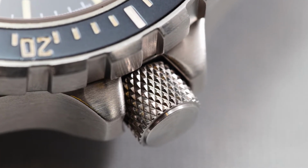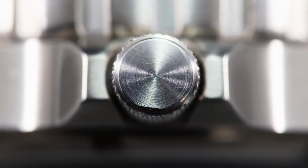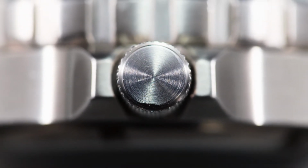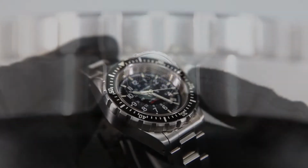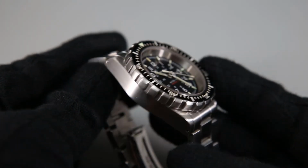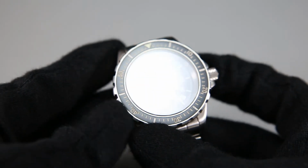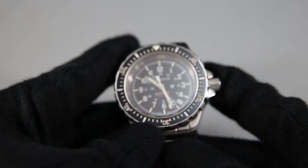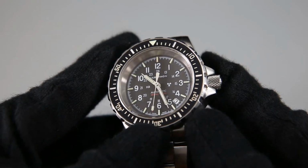Just look at that amazing texture. Screwing the crown in affords the watch 300 meters of water resistance, a feature that I find most necessary for everyday wear watches. The crystal is completely flat and causes no distortion at all. There is a tiny bevel on it, which matches the case angles and shape well. It also has an uncolored anti-reflective coating,